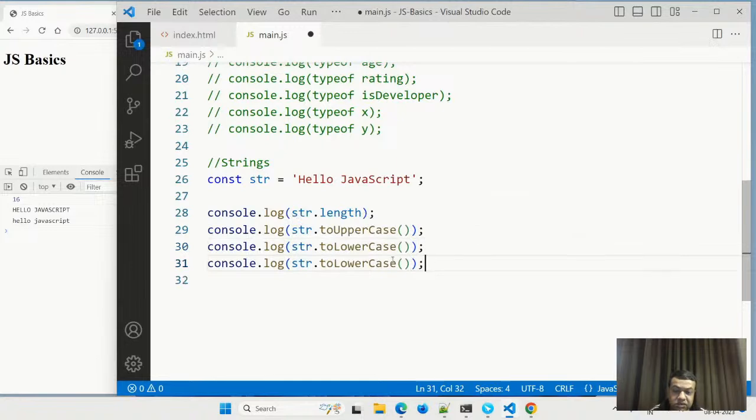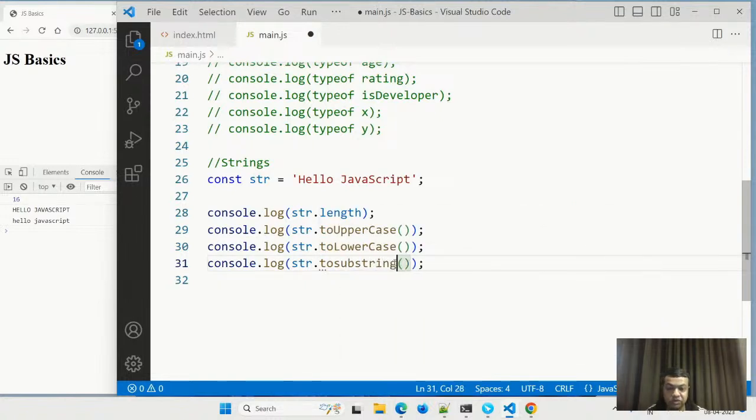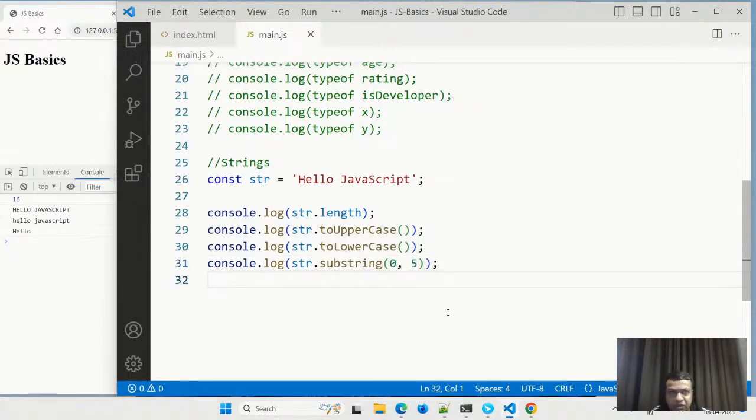We can also find the substring: str dot substring, from 0 to 5. I'm giving 0 to 5, and it is showing the result. Why 0? Strings and arrays always start with 0, not only in JavaScript but in almost all programming languages, because that is how programming languages work. It starts with index 0, not with 1. No programming language starts with index 1.